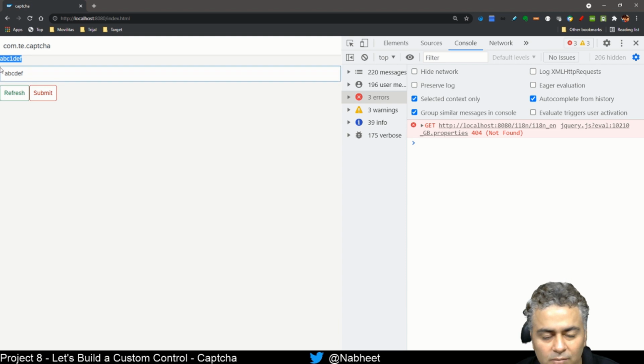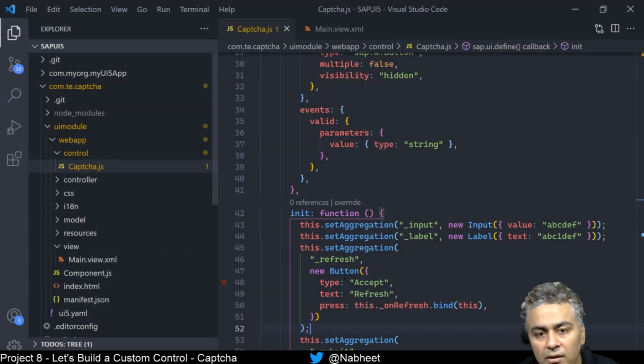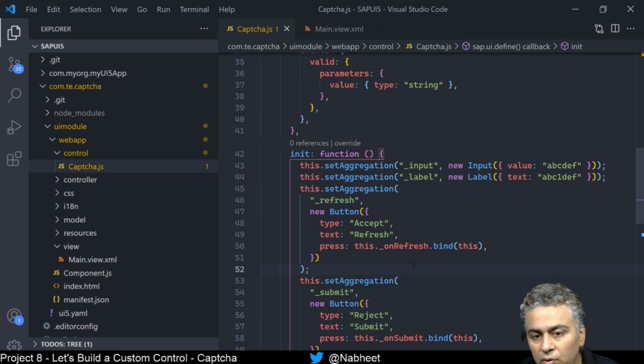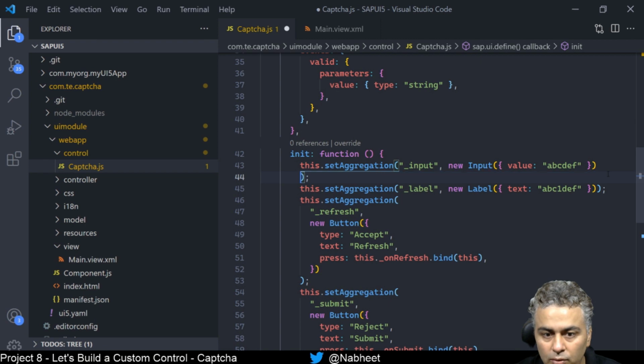Number one, there should be some spacings, and whatever user enters, we should validate it. If there is a refresh button pressed, it shall refresh this code, right? So what we will do is we will add some style classes to first take care of our initial look and feel. So what I will do is I'll say dot add style class, and then you say SAP. The small margin class is there with us, right? Small margin,